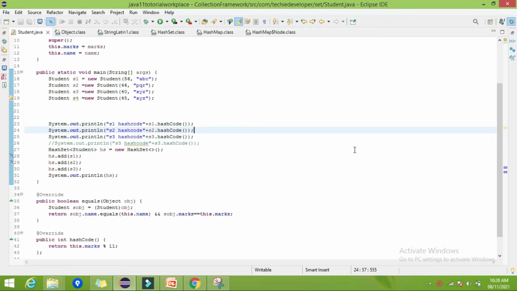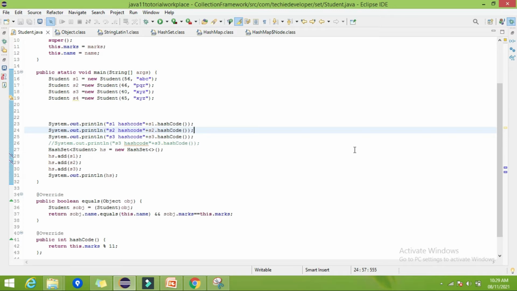So what will be the remainder? It will be our hash code for this particular student object. I showed you how it creates a node and how it puts it into the hash table bucket. And what happens if there is a collision between the hash codes, if you find the same hash code for more than one object, then how it works, I already showed you by the pictorial representation. Now in this video I will try to show you by source code only.